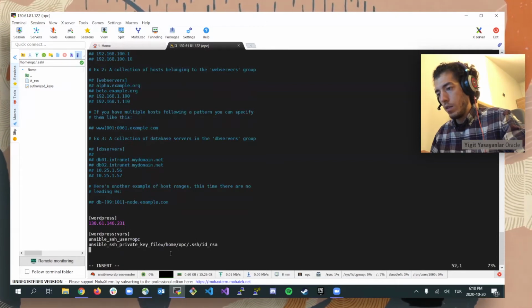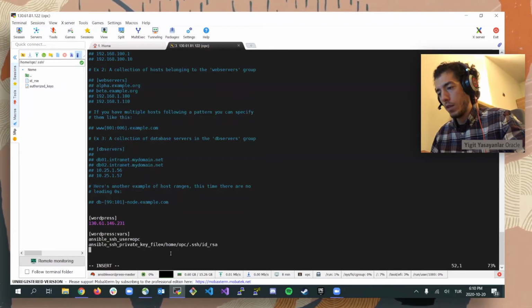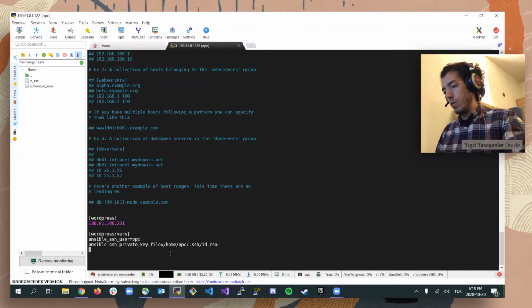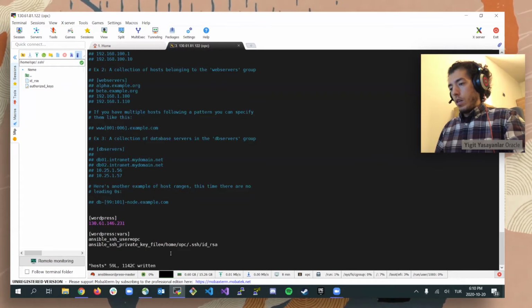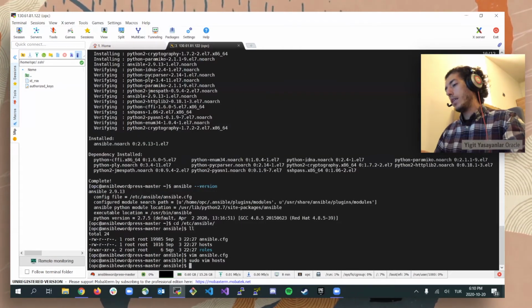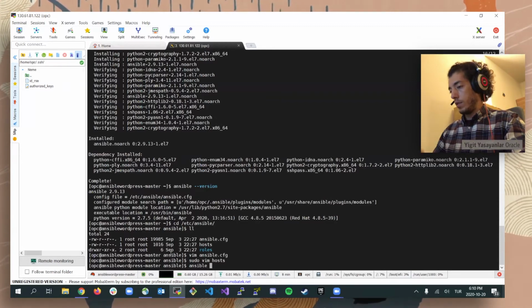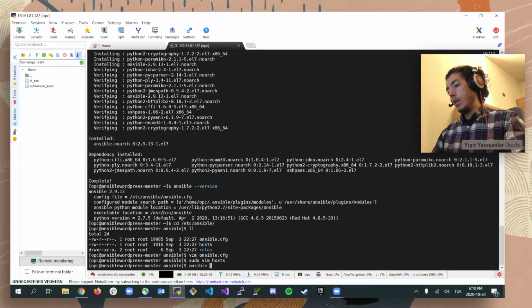WordPress variables, SSH user OPC. Yeah, it seems fine. So let's move on. To check if you are able to connect to the child instance that we have created and defined here,